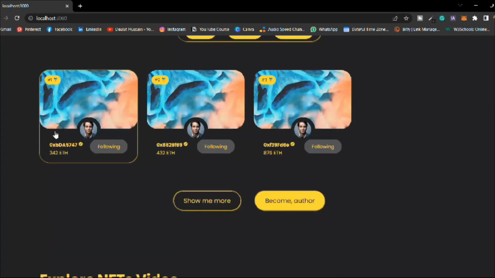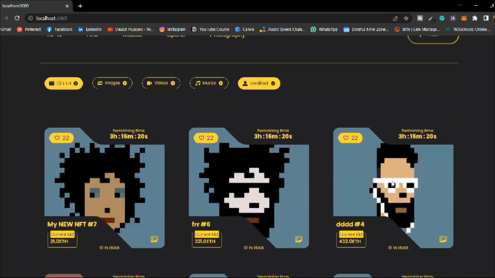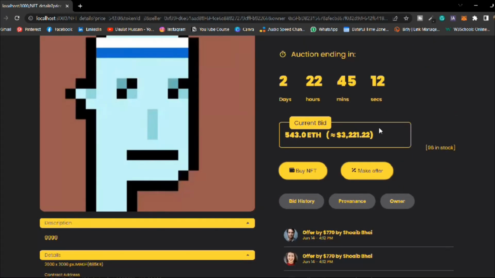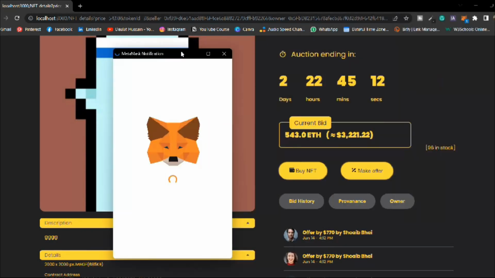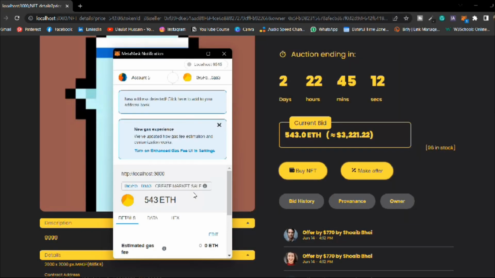You can see the top creators. We have these 3 creators with the total ETH they have in there. Okay, and this is the data we are displaying. Now let's buy this NFT. I really like to buy and sell NFT. Okay, so let's come here and click on confirm,